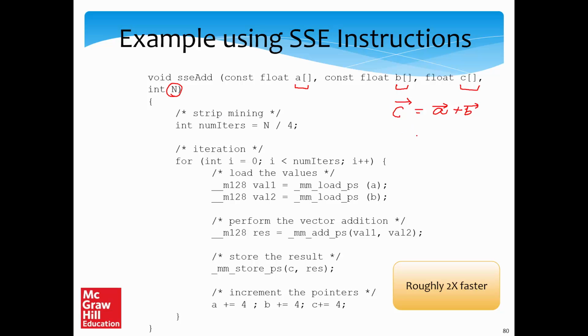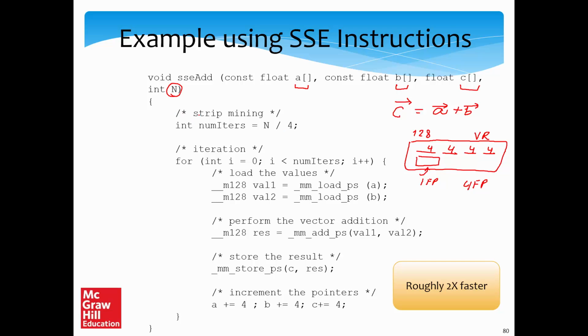We are assuming that our registers are 128 bits wide. 128 bits is 16 bytes. So it is a sequence of 4 bytes where one 4-byte field is a 32-bit field. This contains one floating point number. So one vector register contains 4 floating point values. Since we can process 4 values together, the number of iterations that are required is n divided by 4. So that is the number of iterations.